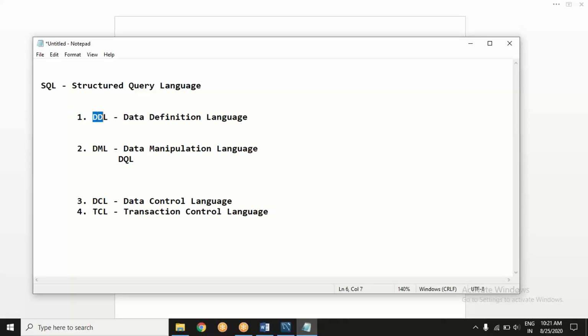DDL are the commands which are majorly involved to define the data on the database, how it will be there. It will contain functions like, think about it, create something. We are creating something on the database, maybe a table, maybe a database, a schema.